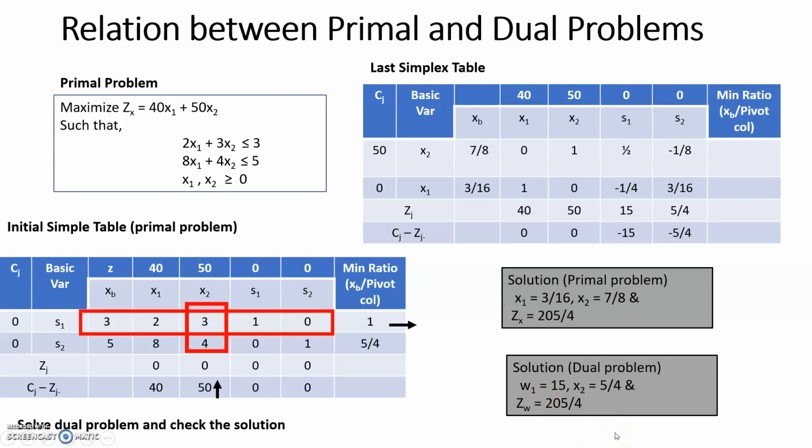This is how we can find the solution of both by solving only one problem, either primal or dual. If we consider this as the dual problem and we want to solve it, we will solve this dual problem, and we want to write the answer of the primal problem, so again, at the end of the decision variables,